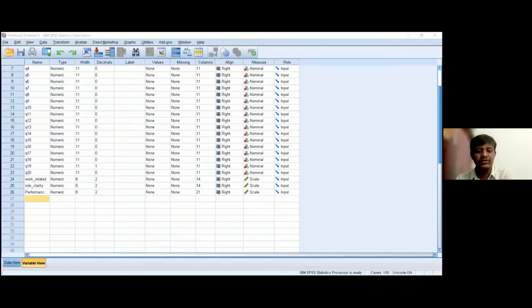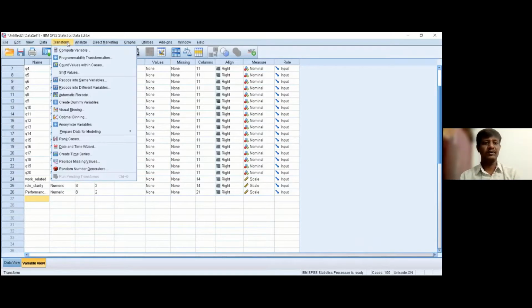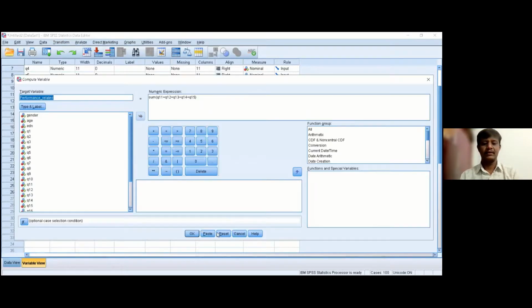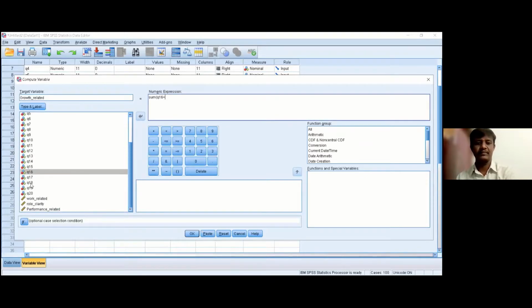Then we have a fourth variable, growth opportunities. We are going to create the fourth variable: transform, compute variables, and again one more reset. Now it is growth related. This will be the sum of the last 5 questions: question number 16 plus 17 plus 18 plus 19 plus 20.